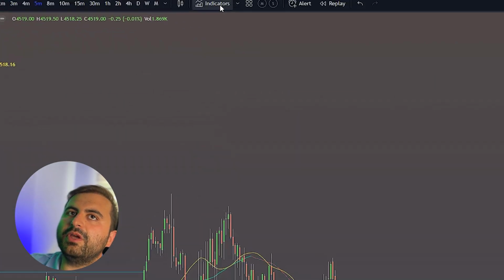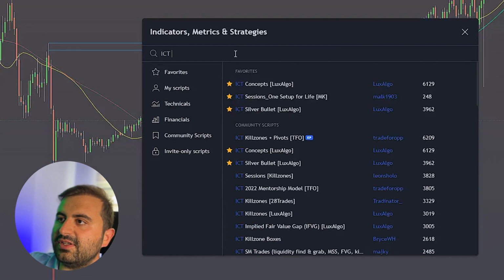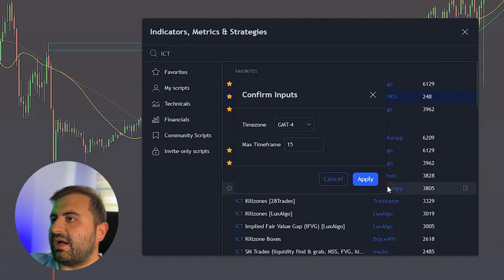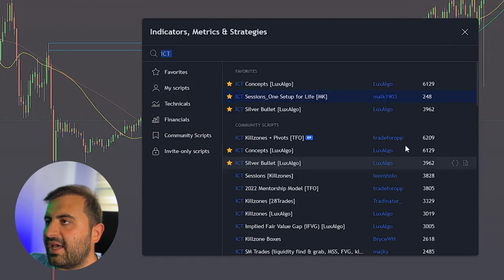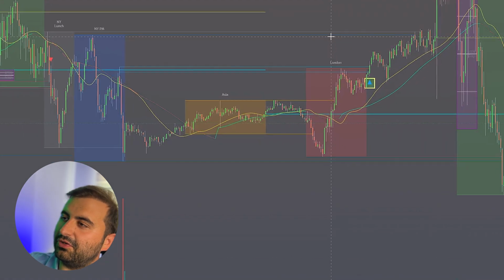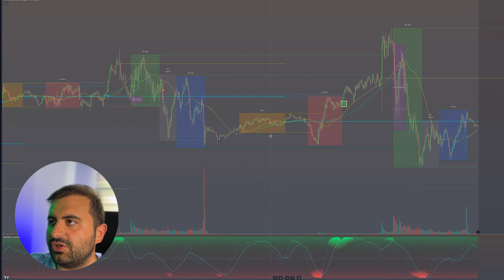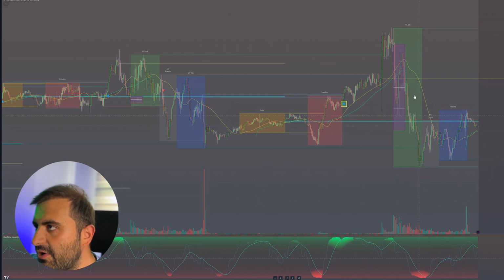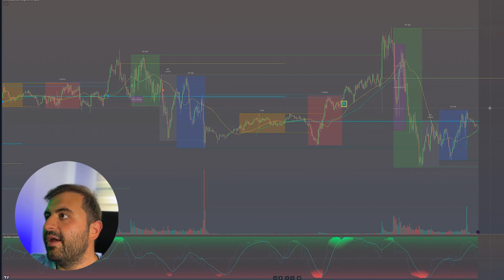And now I am inviting you to the final indicator, which is ICT Sessions. Set it up, and hit OK. Max time frame is 15. Hit apply. This indicator is so fantastic. After you add it, you will see the Asia session, the London session, the New York AM session, the lunchtime and the PM session. This is important. Why? Because